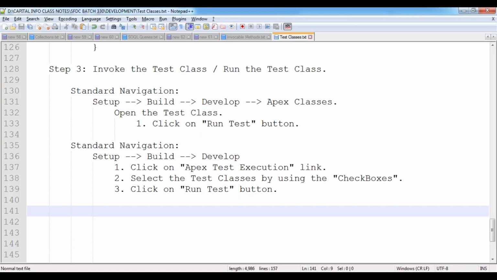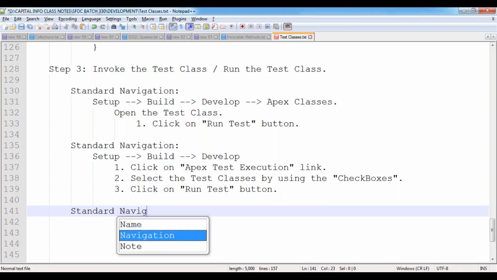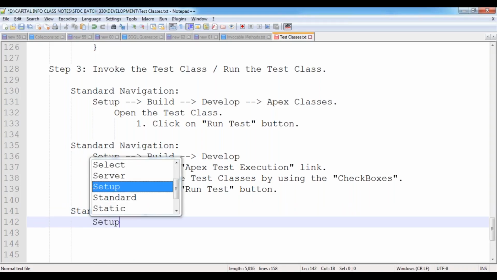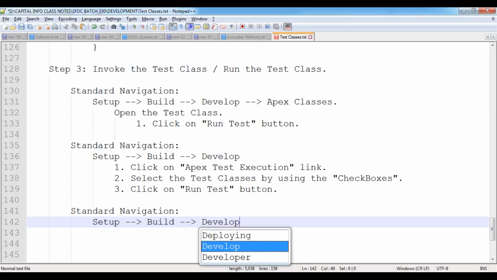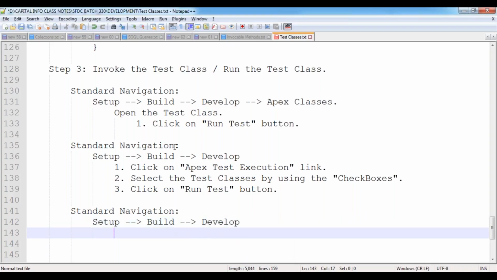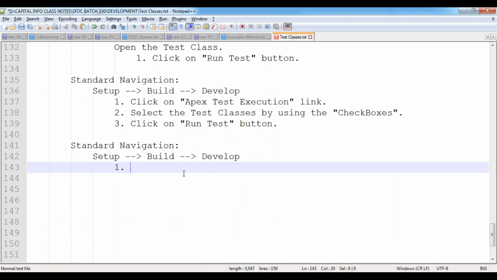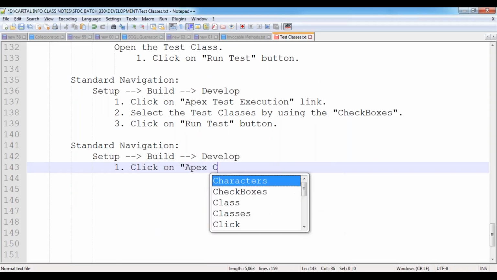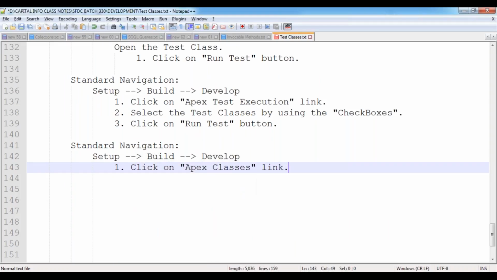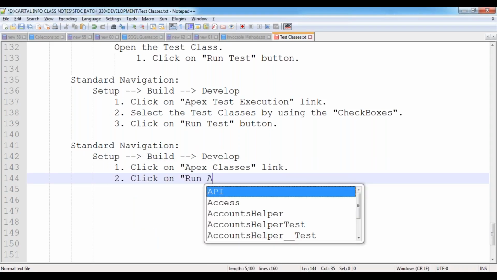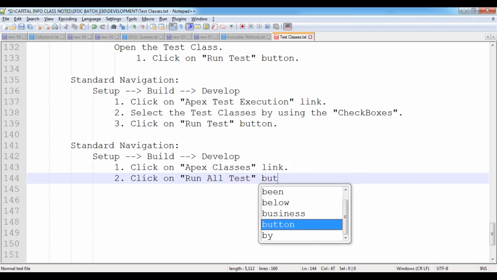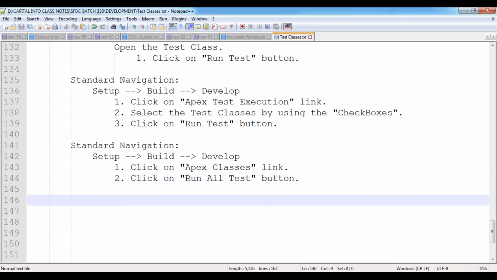Next, the third mechanism. Here also it is standard navigation. Go to the setup menu, go to the build menu, go to develop, click on the Apex classes link, click on run all tests. This is the third mechanism. Any one of the ways you can use. Next,